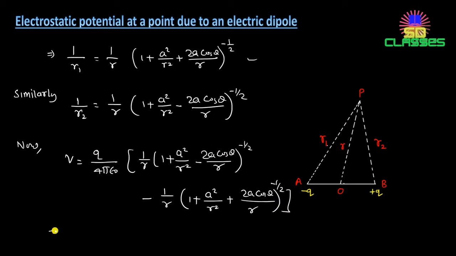Now 1 by r can be taken common right here and here, so q by 4 pi epsilon r, inside it I will write 1 plus a square by r square minus...